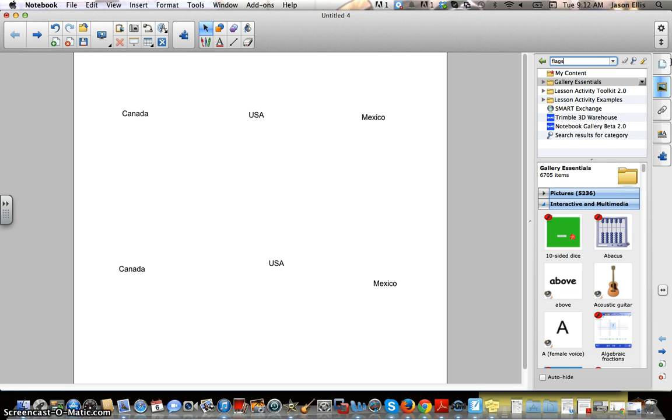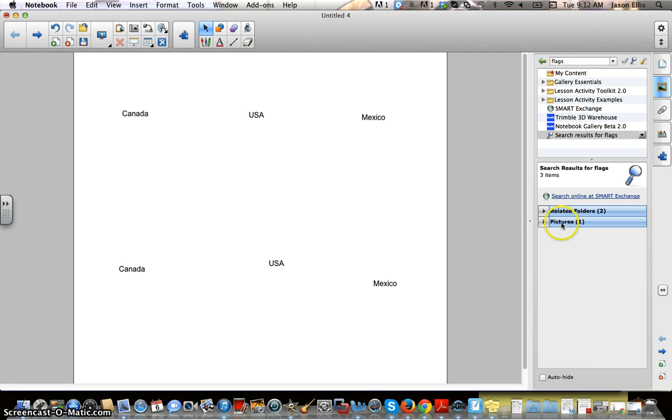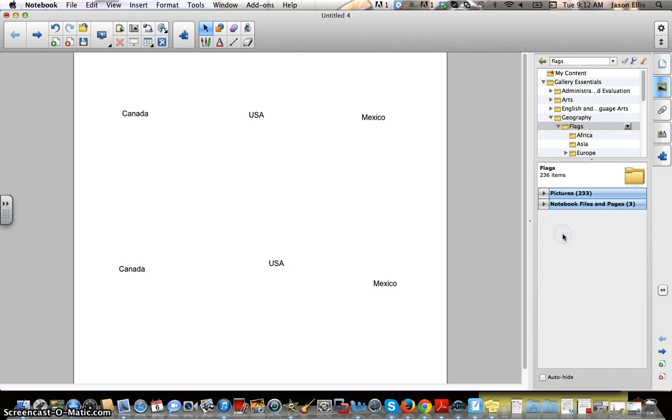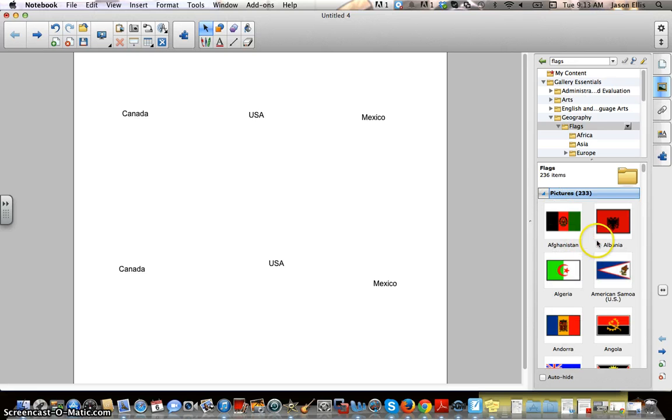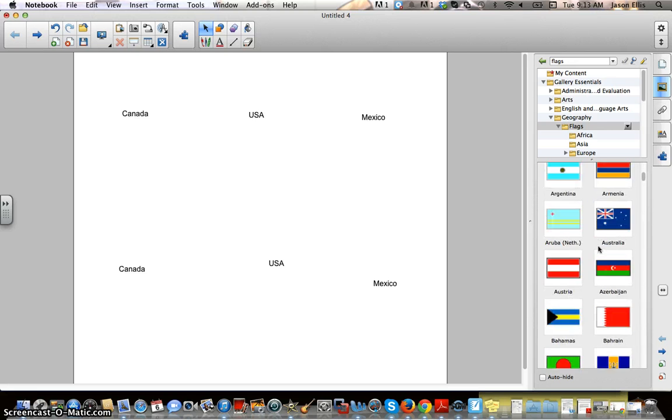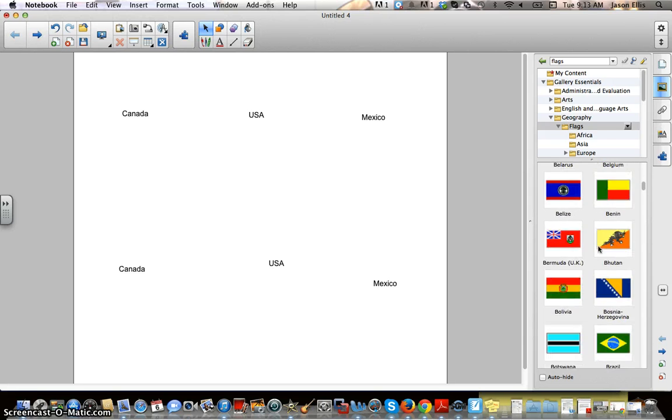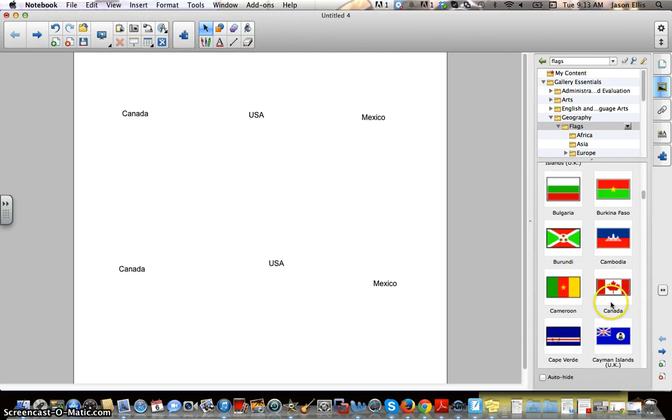Flags, related folders, flags folders, pictures. Alright, so what I'm going to do is they're in alphabetical order, so I'm going to grab Canada first,